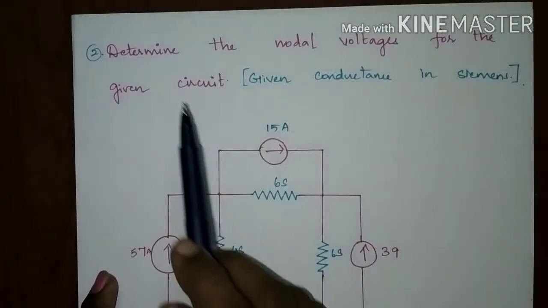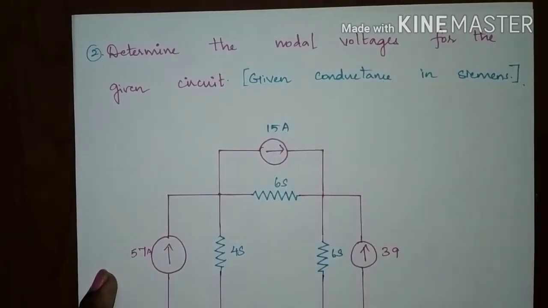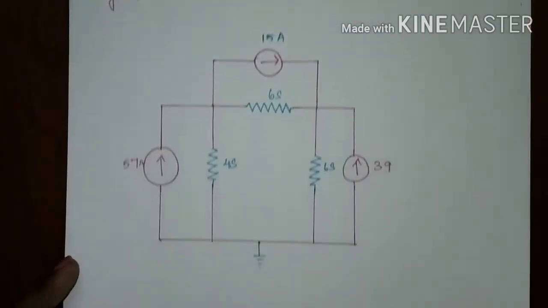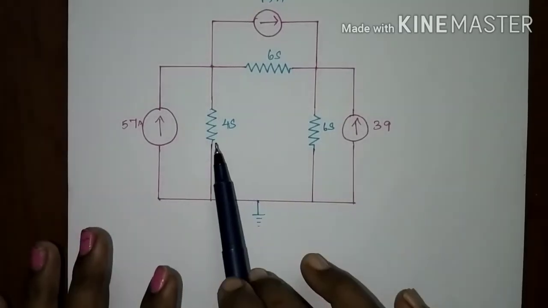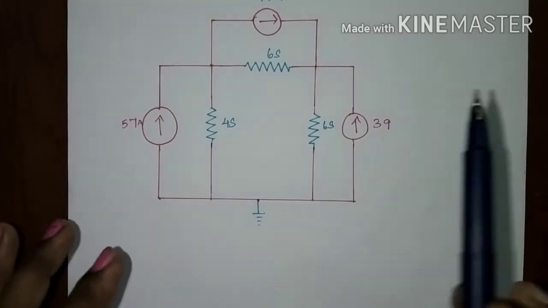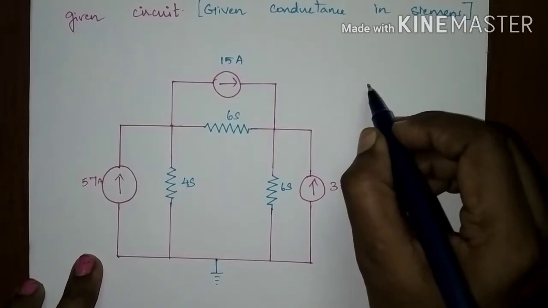In this problem, determine the node voltages for the given circuit, given conductance in Siemens. So this circuit is simple, the same as the last problem, but they have given the conductance instead of resistance. The relationship between the conductance and resistance is: